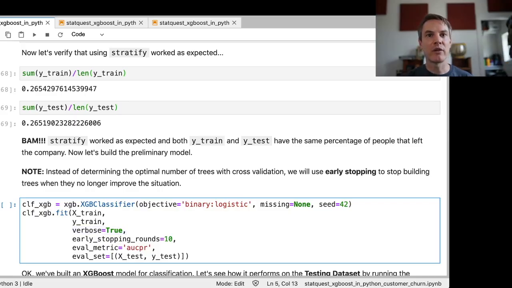And one thing we're doing that's kind of special is early stopping. So we're building trees, and at some point the prediction will not improve. Then XGBoost is going to build 10 more trees. And if none of those 10 trees can improve on the predictions, then it will stop. And we're using the AUC as a way to evaluate how well the predictions are being made,